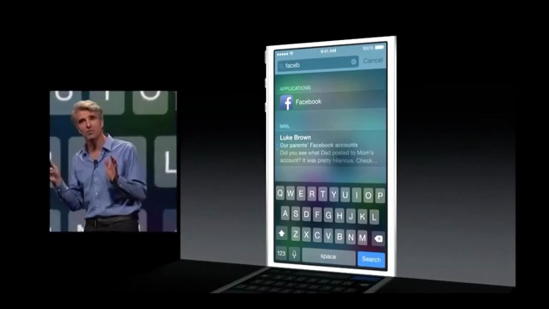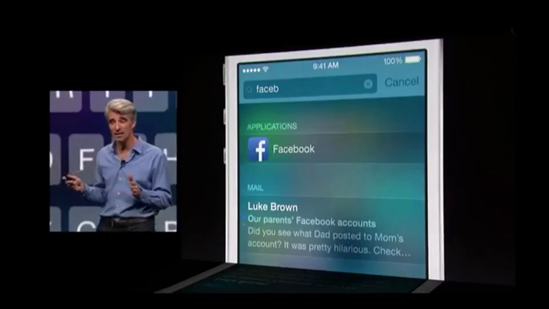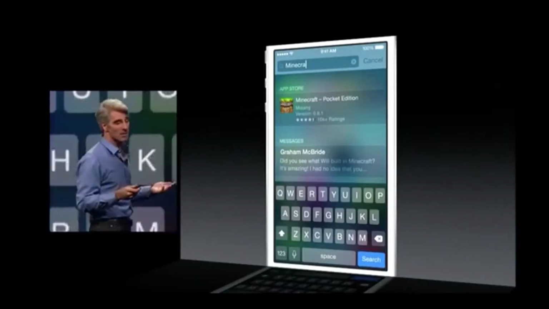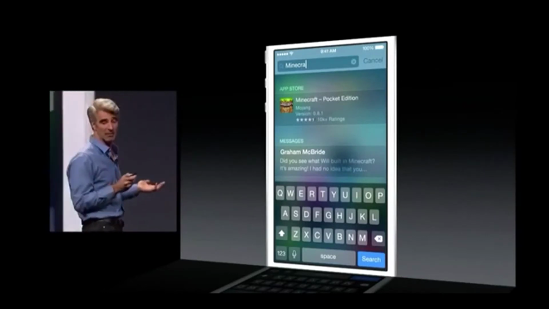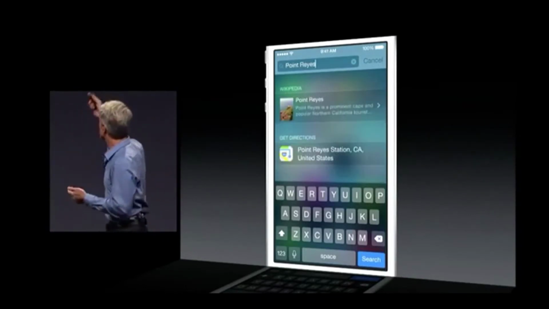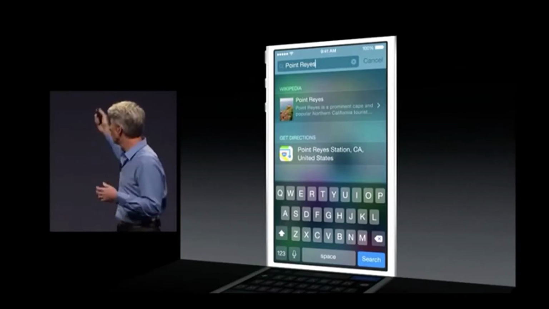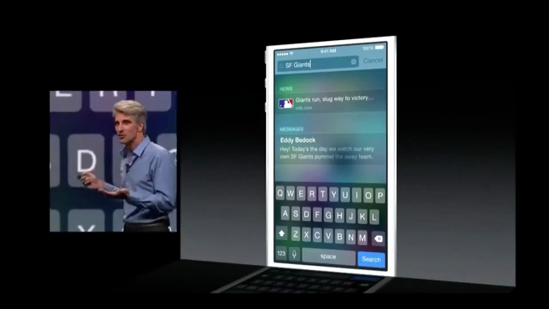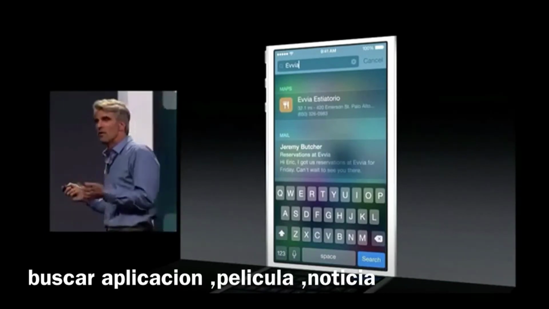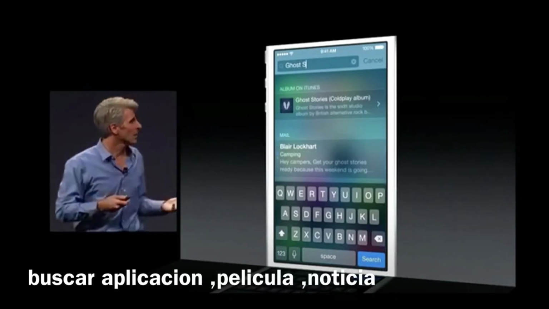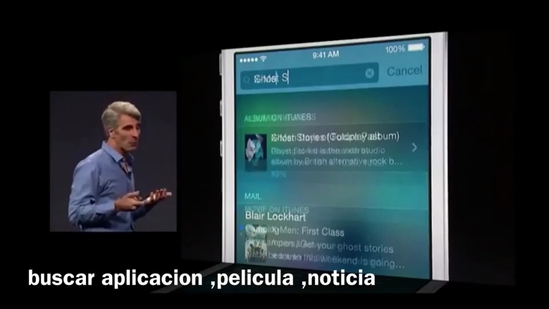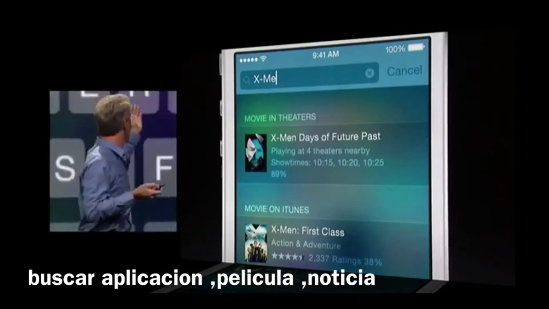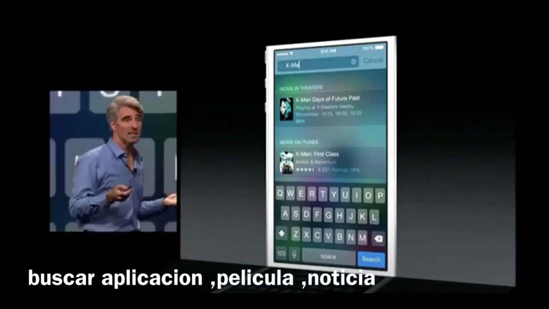With those same things we showed you in Yosemite, with Spotlight suggestions, you can get so much more. You can search for apps and find matches of apps that you don't yet have on the App Store. You can search for points of interest and get Wikipedia entries and directions. You can search for news, search for restaurants, songs, not just in your own library, but also on iTunes. And when you search for a movie, you can get results both for theaters nearby, as well as content available for